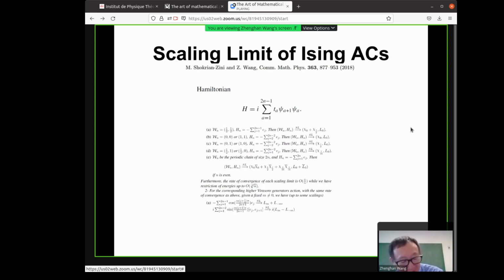And I would say a larger portion of the work is done by people in this community, in particular Paul Fendley, that we just formalize everything. And then we can prove, at least for the Ising anyonic chain, that they converge with the right boundary condition to both the vertex operator algebra and the local conformal net. So they converge in both senses to the right conformal field theory, which is the M(4,3) minimal model.